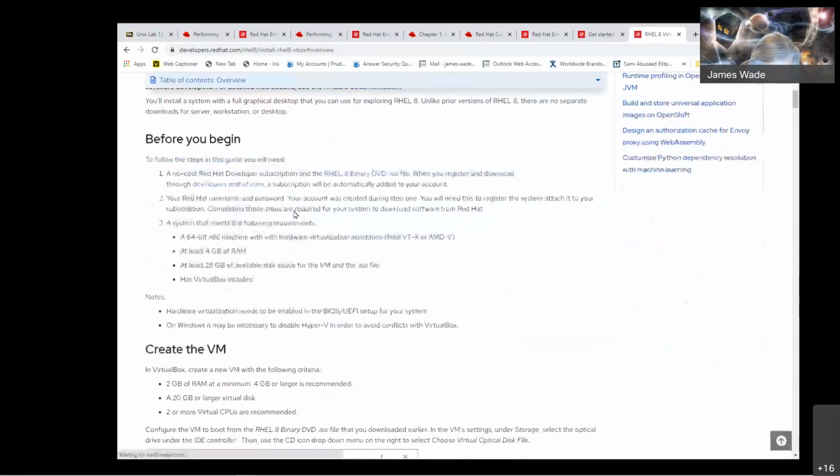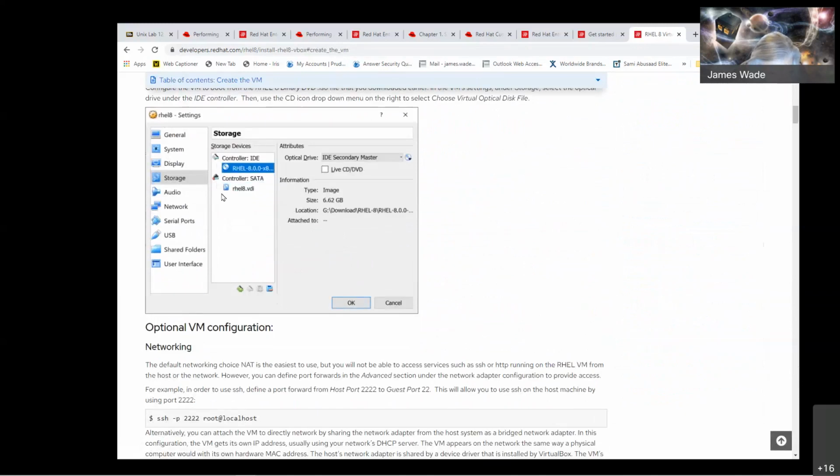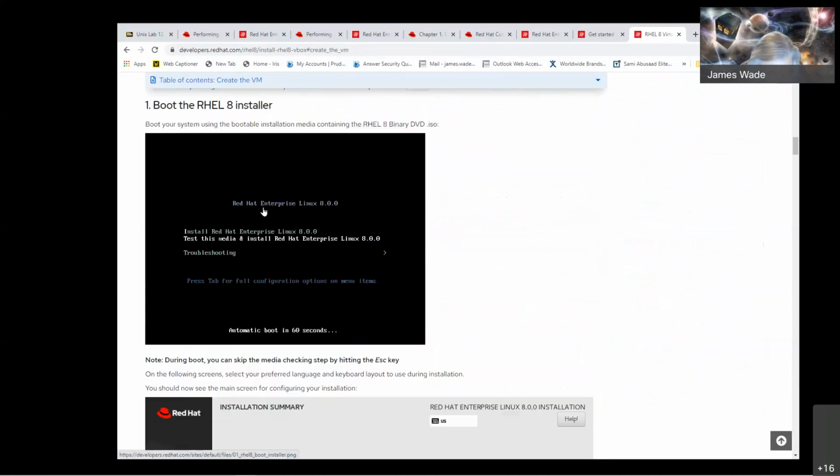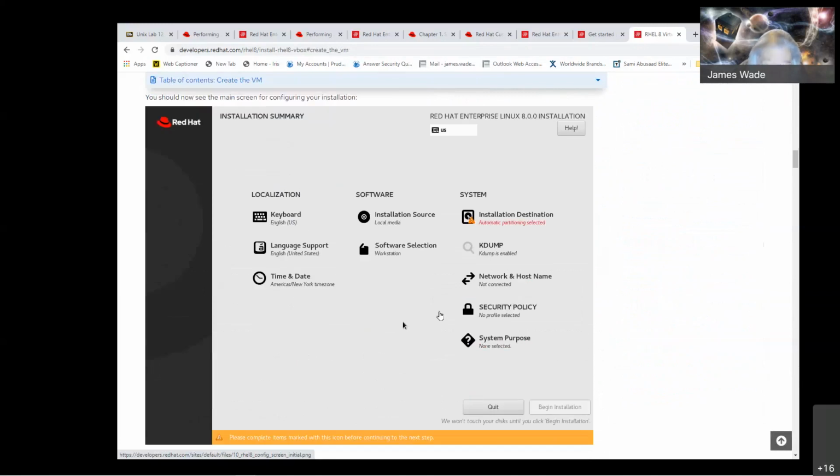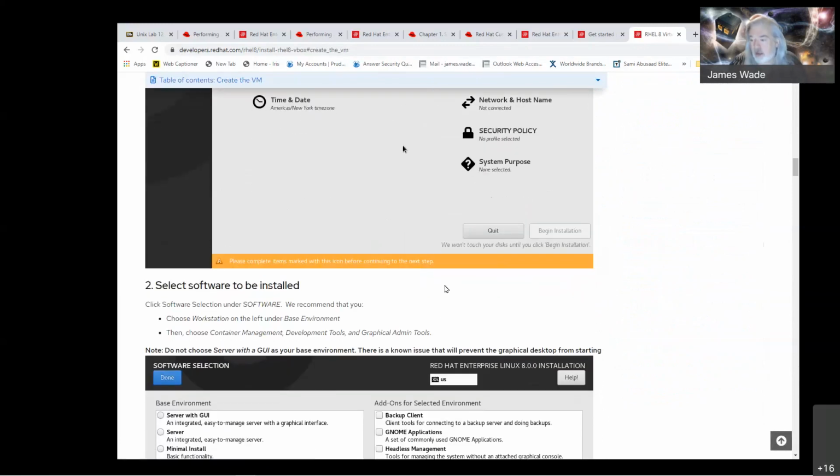VirtualBox install. Now, we're not using VirtualBox, but it would be very similar, okay, because it's going to come up. And look, does this not look exactly the same? No, I know, James, there's nothing wrong with what you did. I just want to make sure that, because I don't think I've ever said in the class